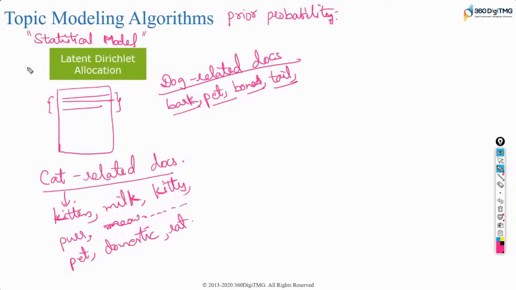LDA is a way of measuring the statistical patterns of words within documents. If you can identify the statistical pattern of what kind of words appear within a document, from that you can deduce the topics.